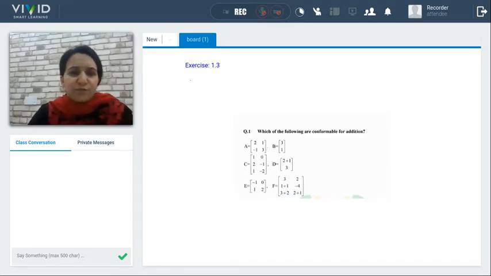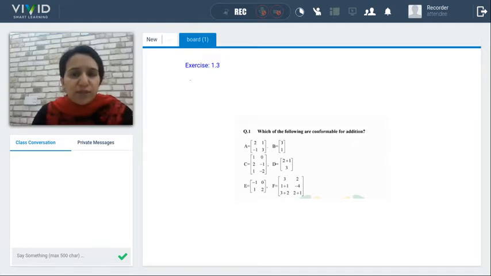अस्सलाम वालेकुम। आज हम मैथ्स में करेंगे एक्सरसाइज नंबर 1.3 और फर्स्ट क्वेश्चन है: Which of the following are comfortable for addition? A, B, C, D, E और F. We have all these matrices in front of us. इसमें से हमने चेक करना है कि कौन से मैट्रिसेस एक दूसरे मैट्रिसेस में ऐड हो सकते हैं या नहीं।